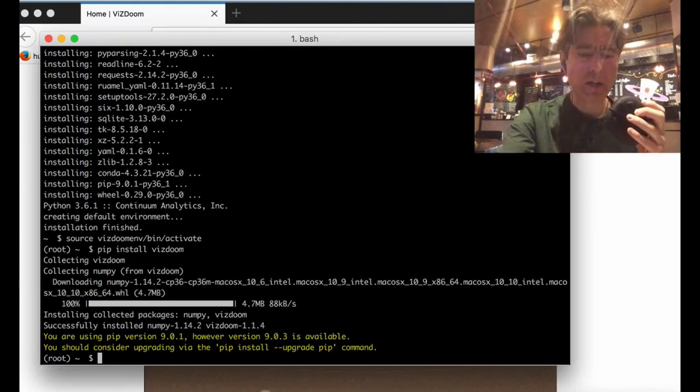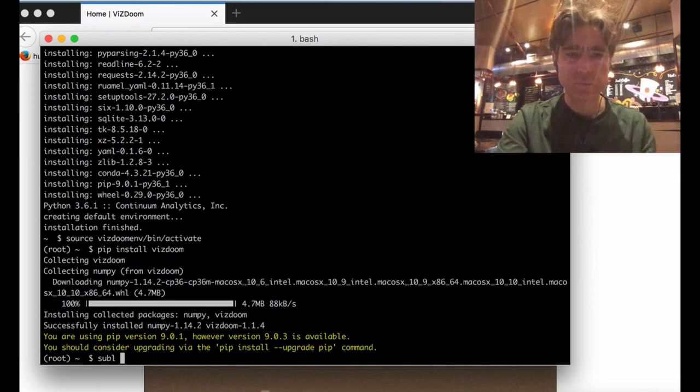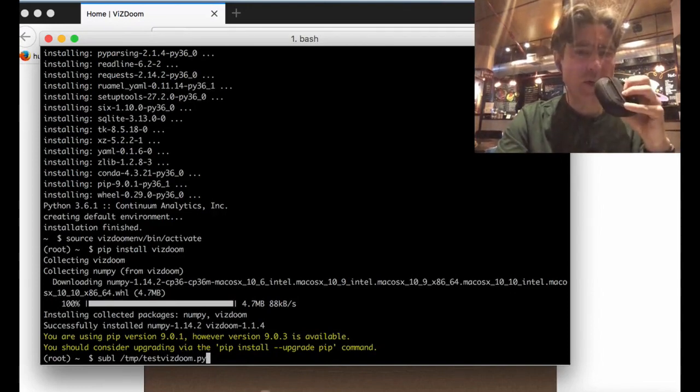Okay, so we're just going to create that test script and run that. Oh, you know what we also need to do is clone the VizDoom repository, which I already did, but I'll do that again in a sec.